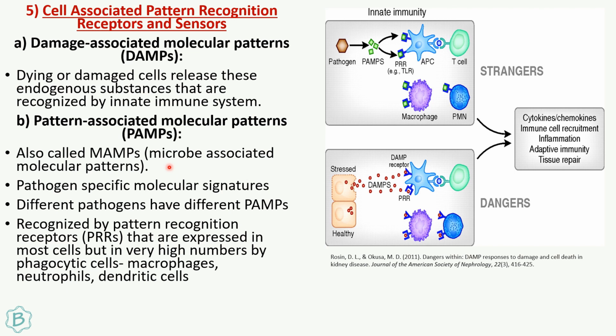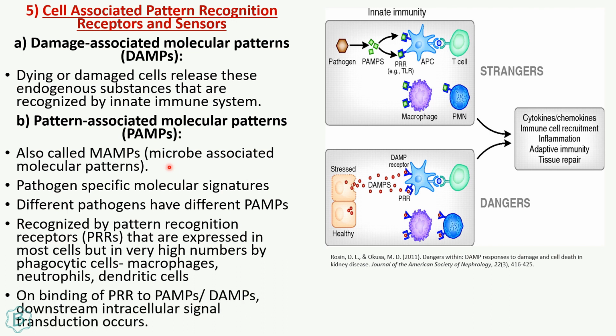So, for example, certain bacteria will have pilin or flagellin protein. Then there is lipopolysaccharide in the outer membrane of gram-negative bacteria, which serves as the PAMP for gram-negative bacteria. Teichoic acids, which are present only in the cell wall of gram-positive bacteria, will serve as the PAMP for gram-positive bacteria. And there are certain unmethylated CpG islands in the bacterial genome as well.